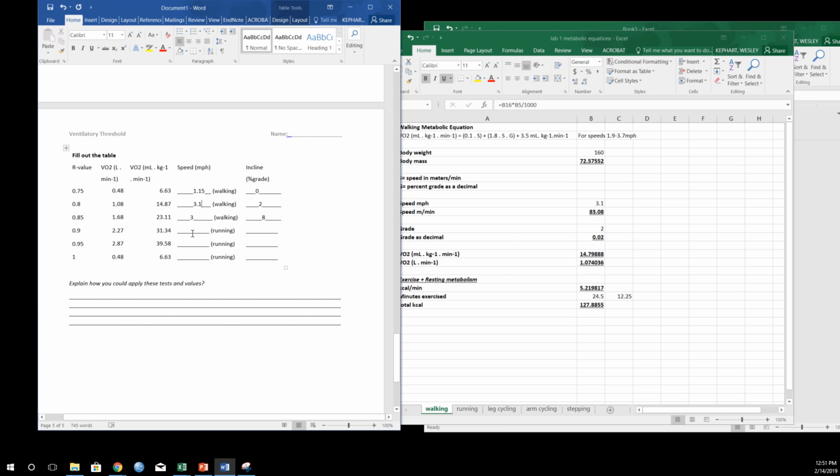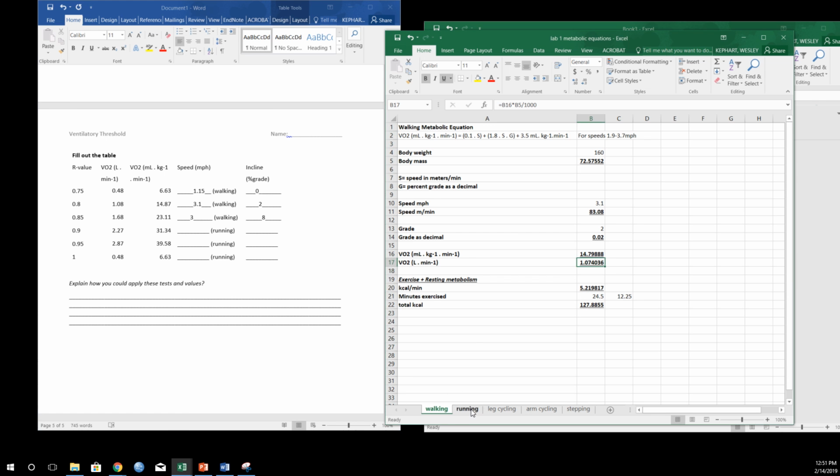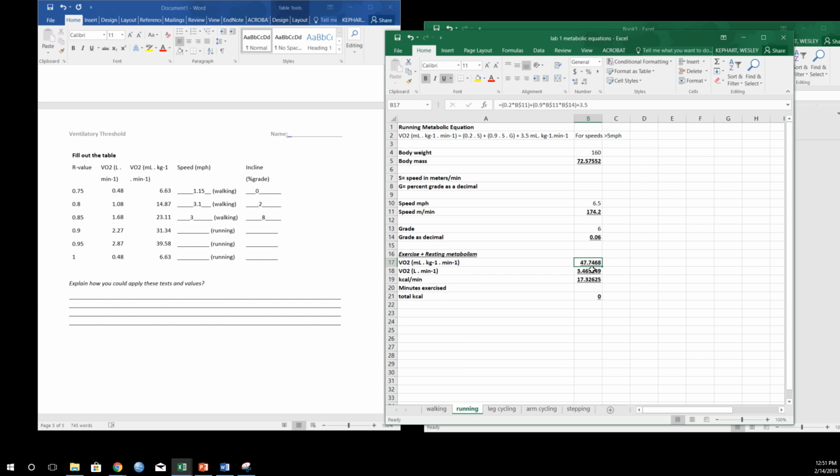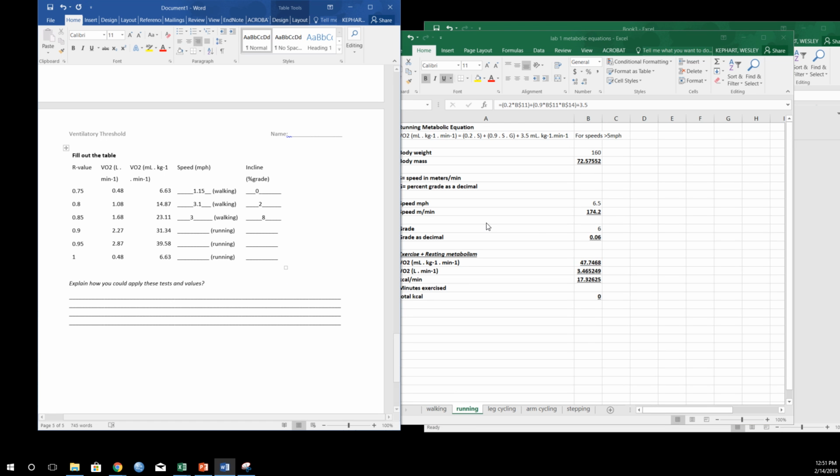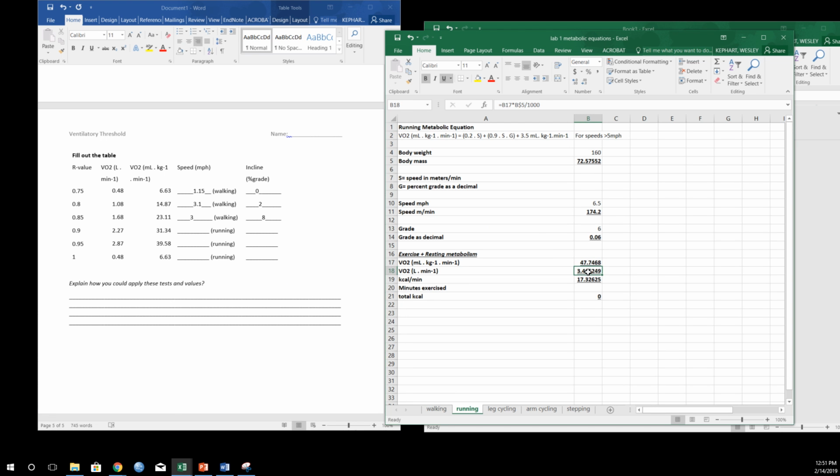That's fairly close. So we could be at 3.1 miles per hour with a 2 incline. See how that works? And now for the running ones, for 0.9, 0.95, and a 1, you would have to go over here and do this. So we want a 2.27, so we need that to be quite a bit lower. Let's see if we could just get it there by doing this. Okay, so we decrease the incline. How about a 0? All right, 2.27, decrease the incline to 0. We're at a